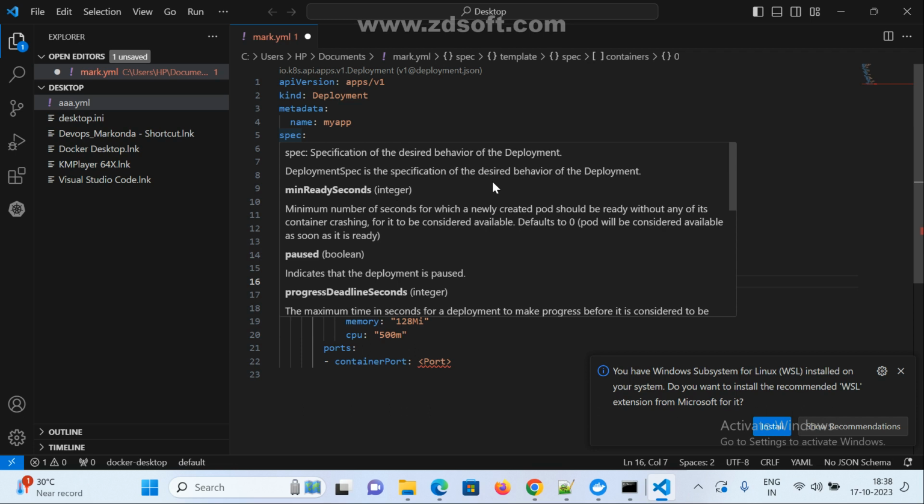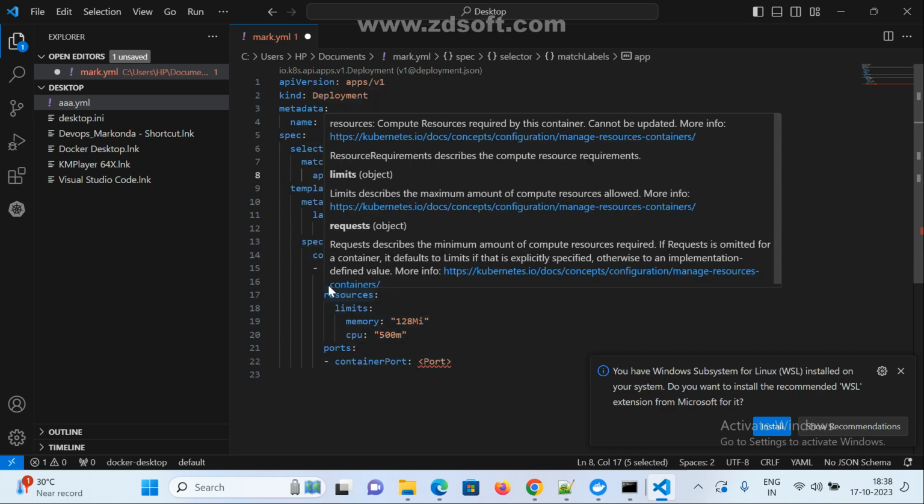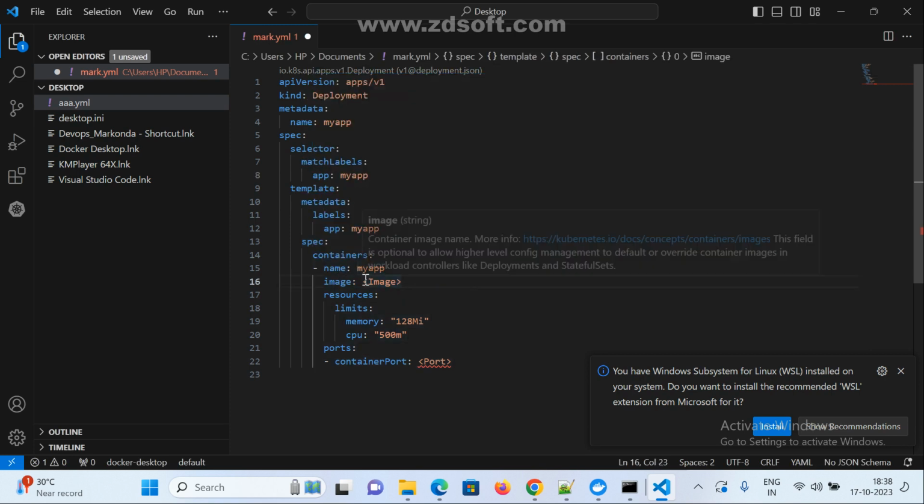See here, the specification of the desired behavior of the deployment, and how this selector works, you know, right? Selector and replica set: if you use selector only, then selector matchLabels name, and template metadata labels name. We can give some name, the same name. Anyway, everything we are giving the same name. And spec equal to, this is the container. What is the spec, guys? This is the pod spec, which describes pods. Pod information. This is the container information, what is the image name and all. Now I'm going to update my information. So how will it work? Maven-web-